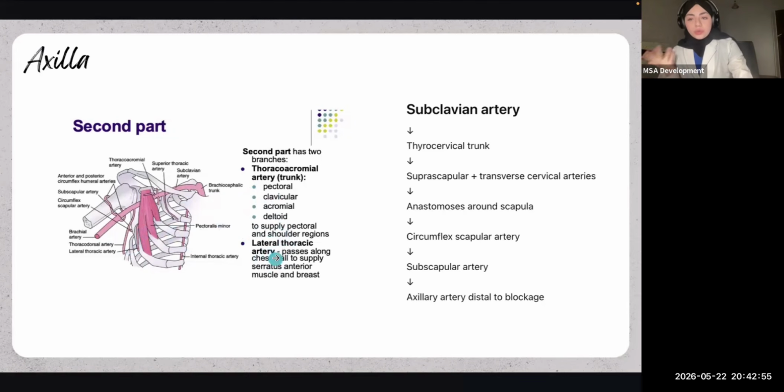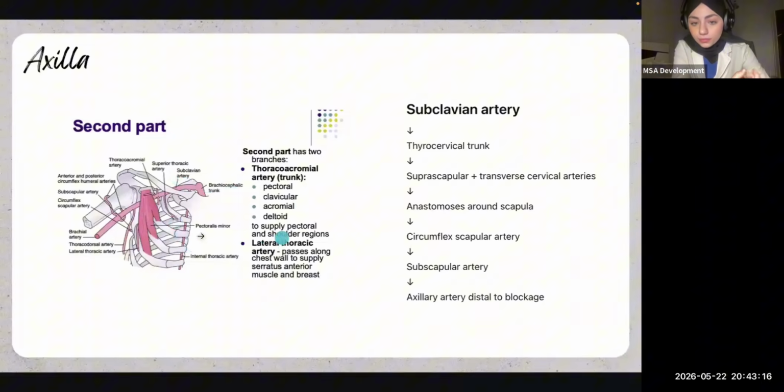And the second one is one that we're very familiar with. Why? Because we discussed how the nerve will look, which is lateral to the breast. Or did we discuss it? Anyways, lateral to the breast, we're going to have our long thoracic nerve. Running alongside it is the lateral thoracic artery. From its name, it's lateral to the thorax, and it's going to run at the lateral aspect of the breast